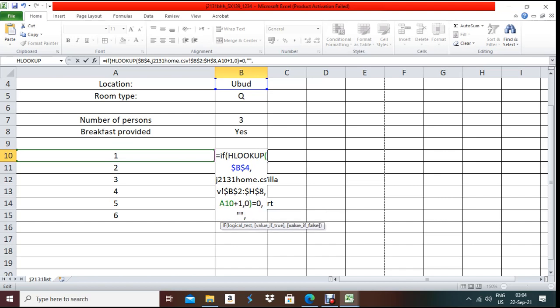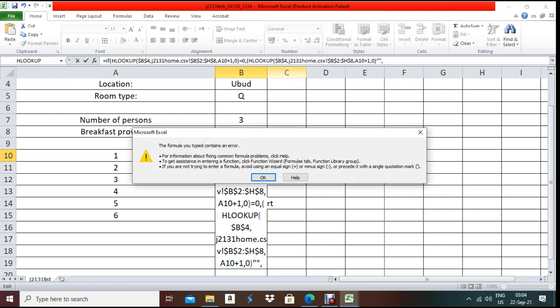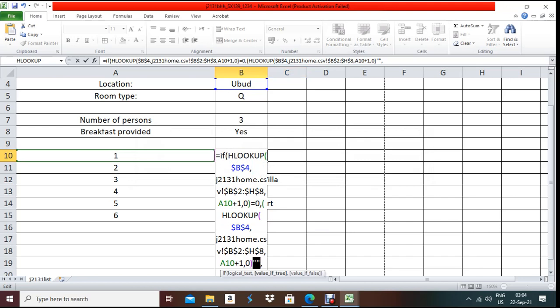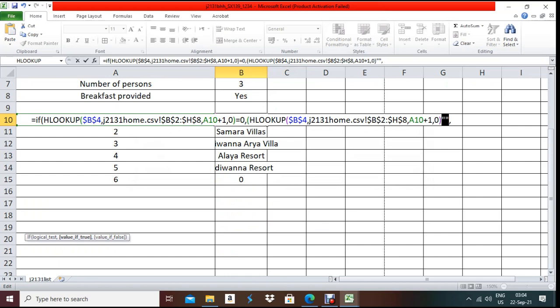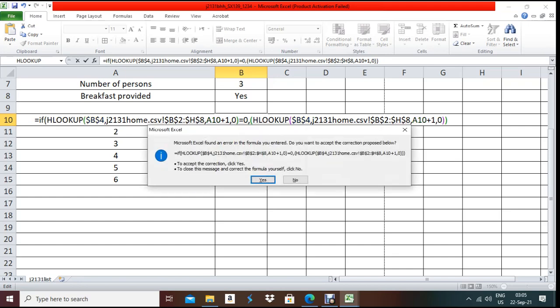Otherwise comma it will be the whole formula HLOOKUP, the same formula up to this. Control C, Control V. Now if I check this, sorry, Control V, not this one, and close the main bracket of IF, enter.